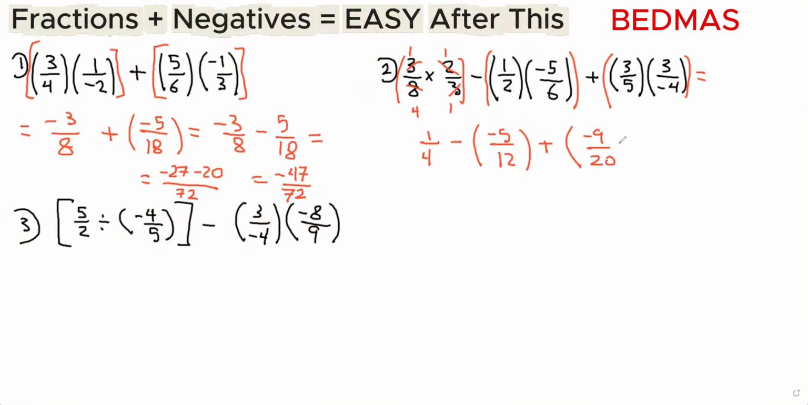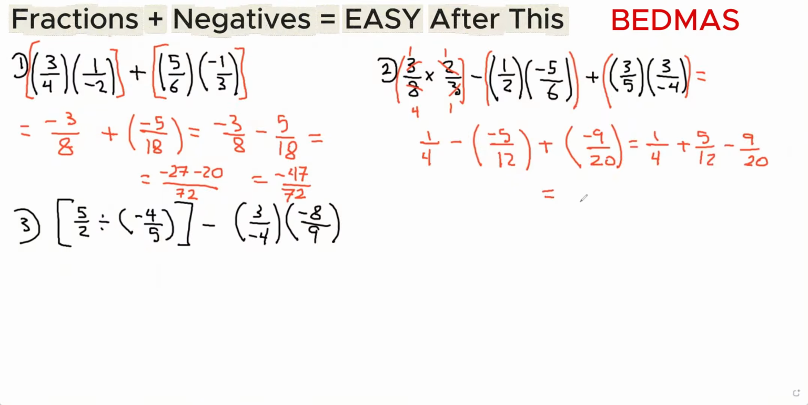Again, whenever you have a negative on the bottom, just take it to the top. It doesn't help you leaving it on the bottom, especially when you start doing lowest common denominator and all that stuff. So here we need to rewrite this as 1/4. Negative and negative is plus 5 over 12. And positive and negative, opposite signs, give me minus 9 over 20,